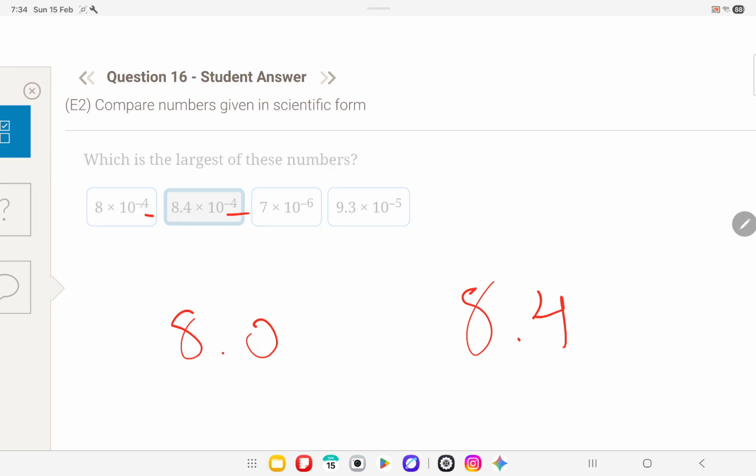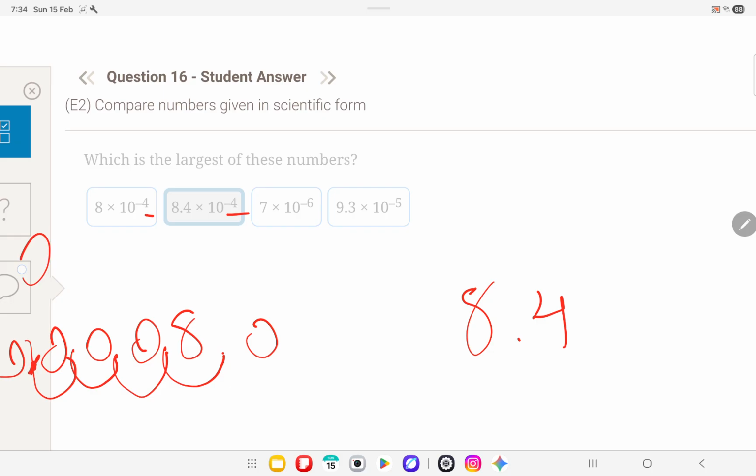So we have 10 to the power of -4. That means we just move the decimal back 4 times. So it'll be 1, 2, 3, 4. The decimal is here, so it'll be